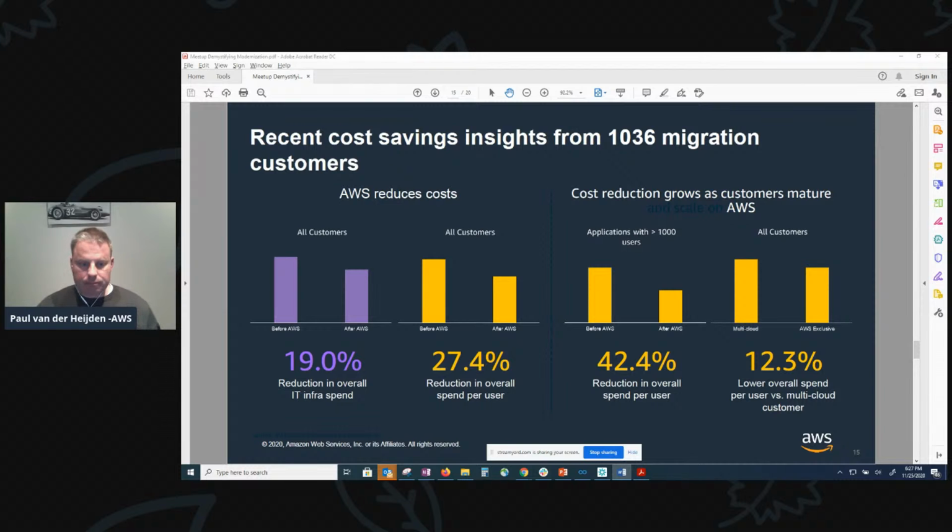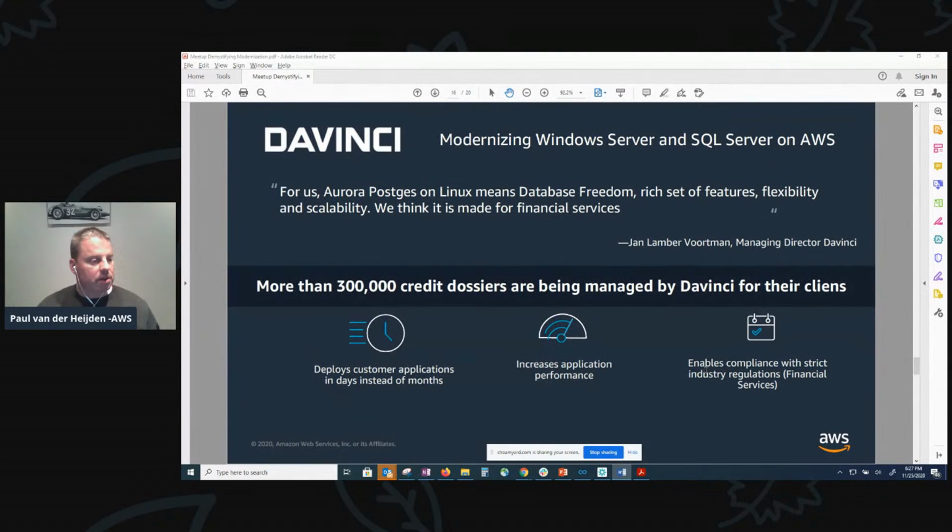Now, let's move on to a customer case. This is a Dutch ISV. It's an international software development company, headquartered in the Netherlands, recently acquired by Open, a fintech in Amsterdam. They're providing a solution that enables lending with the use of new technologies to maximize the value of their customers. Now, Davinci services a large number of larger financial institutions in the Netherlands, such as Rabobank, NN Group, Aegon, and the Volksbank, with the lending solutions.